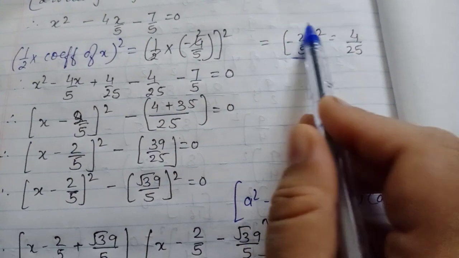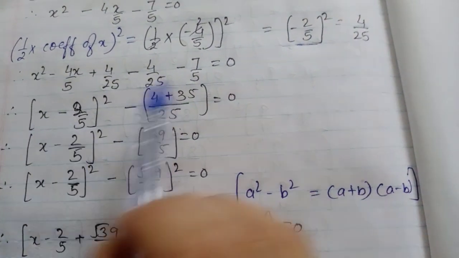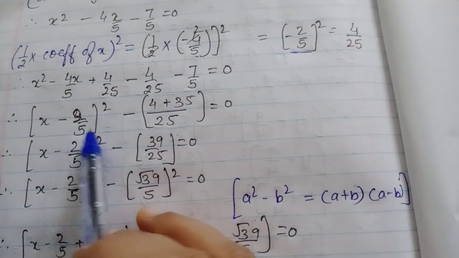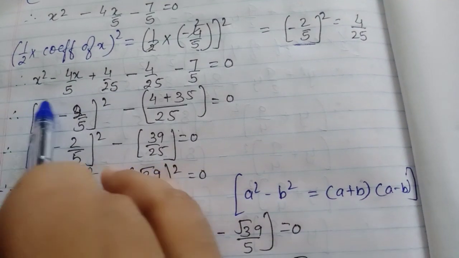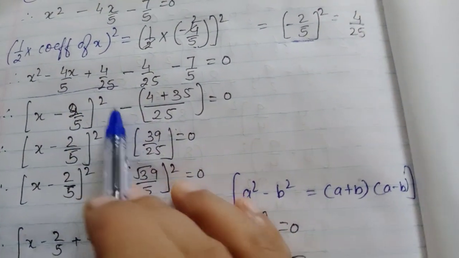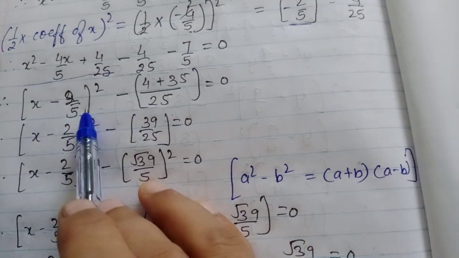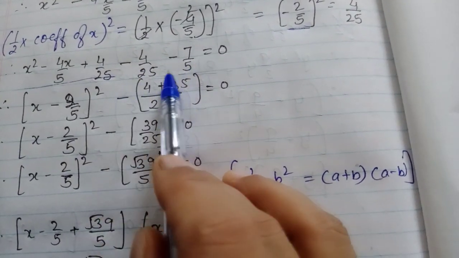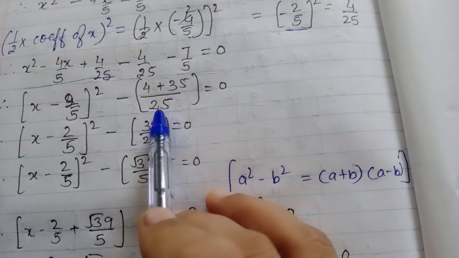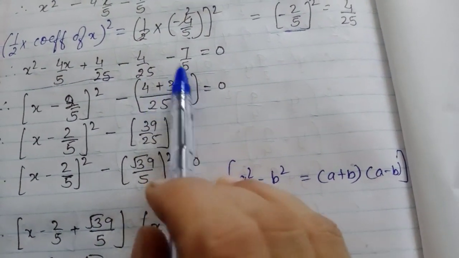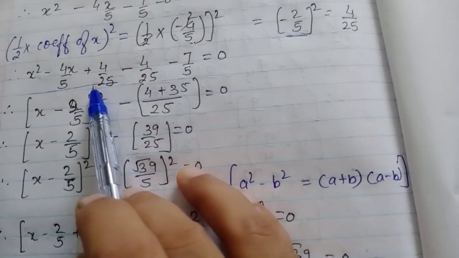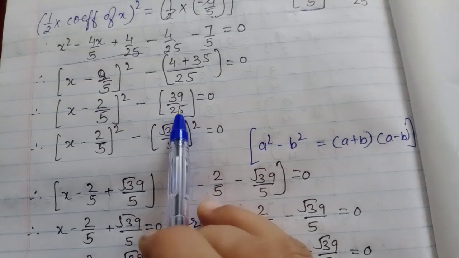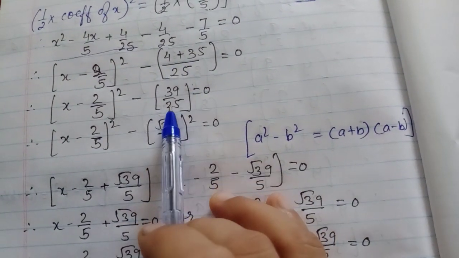So as I said, we have to write this as a square term. We will write the variable, (x minus 2/5) the whole square. You can check it out by applying the formula (a minus b)², you will get the same terms as there. So this we write as (x minus 2/5)², and then minus, when you take the LCM, the LCM will be 25. This will be minus, since we have taken minus common, (4 plus 35) in the bracket. Then after solving it, we will get 39/25.